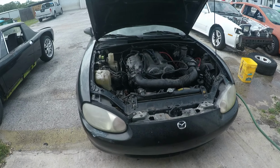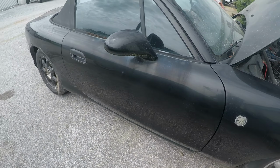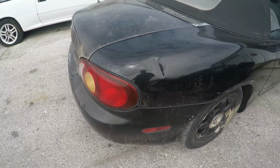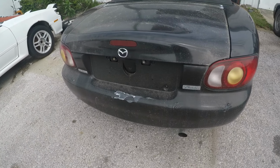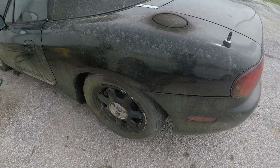I did not film it, but we put the engine and transmission in it. The engine and transmission came out of the V8 Miata, which you guys have seen some stuff on, not really a lot. That's where the engine and transmission came from. It is the 1.8. It does have a 6-speed transmission. This particular car has a